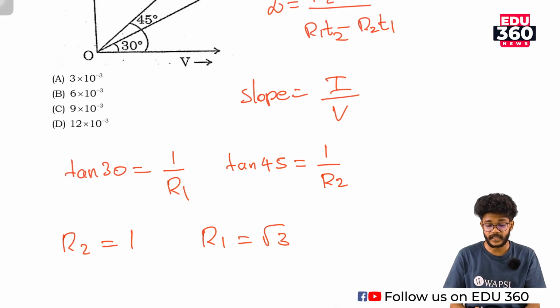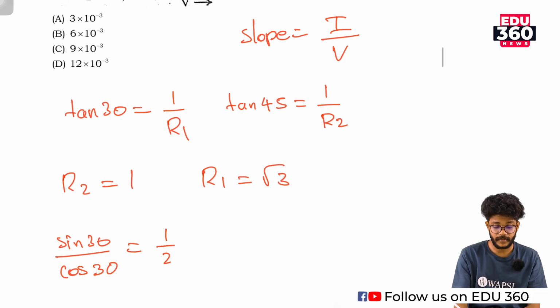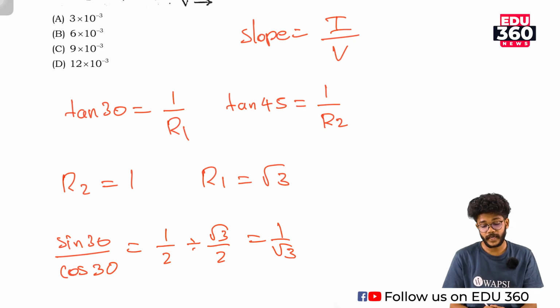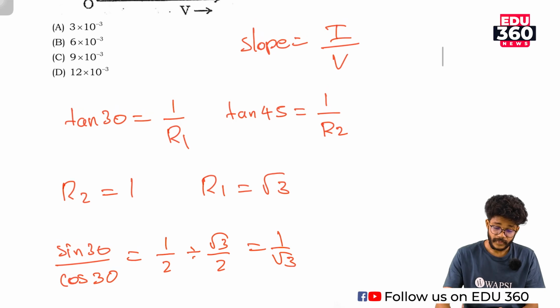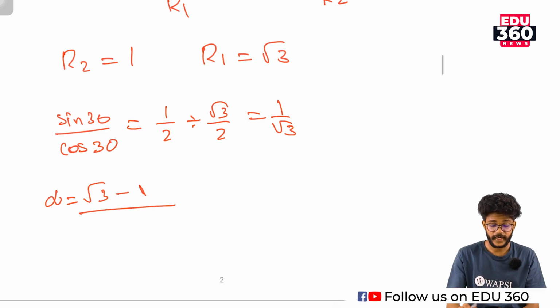Because tan 30 means what? Sin 30 by cos 30, and sin 30 is 1 by 2 divided by cos 30, that is root 3 by 2, which is equal to 1 by root 3. So when we compare, 1 by root 3 is equal to 1 by R1. So R1 is equal to root 3. Then alpha is equal to R2 minus R1, that means root 3 minus 1 divided by